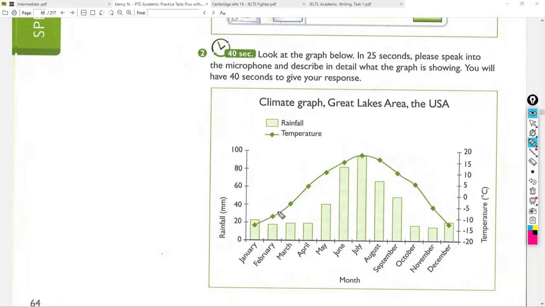So be careful about the amount, because I know that here we have a line, but this line doesn't denote the amount of rain. I'm talking here about these columns, the amount of rain that we have. So approximately the amount of rain is still the same until the month of April. After that, the amount starts rising up. So as we said, I have to be careful. And keep in mind that this line is about what, Ali?